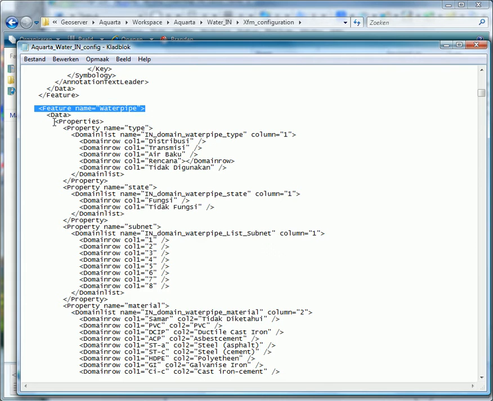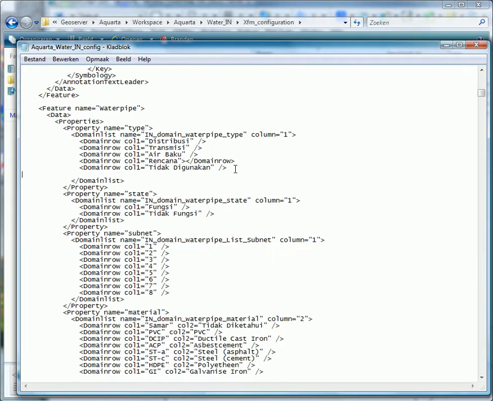you see it's divided in sections. The first sections are the property settings. The property settings are the settings for the items which are displayed in your menu. If you want to add, for example, a type of pipe, you just copy a line and edit and rename this to